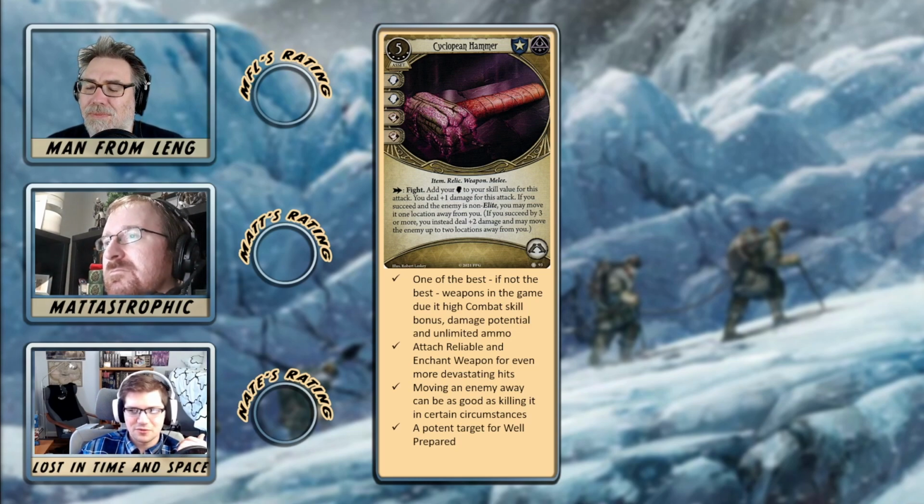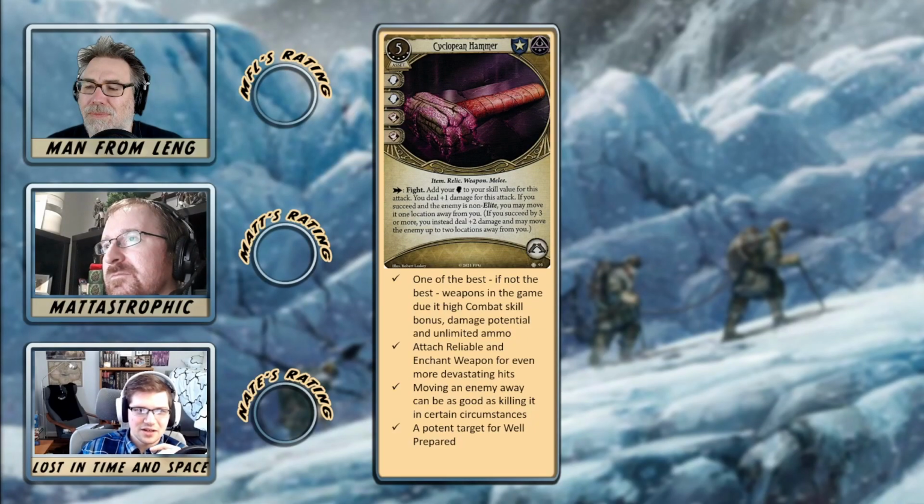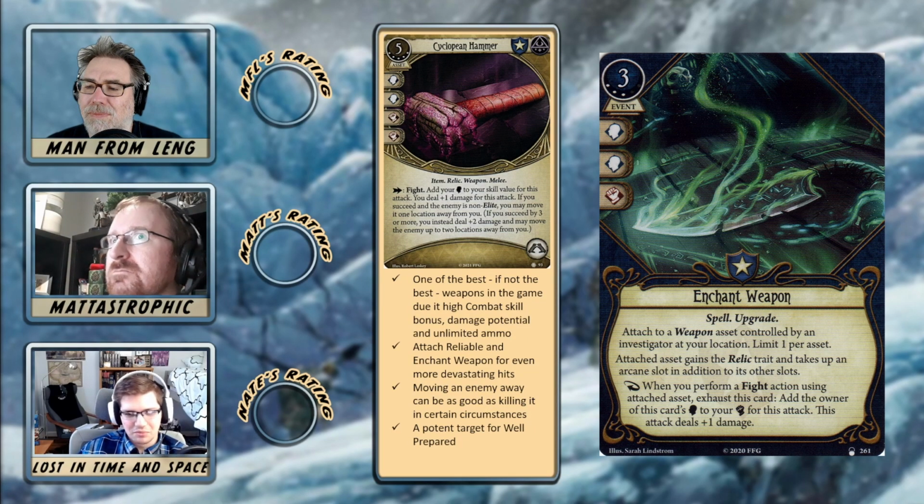And that was part of the reason why Machete was so good early in the game's life, was that Machete was just basically unconditional free damage. And the hammer essentially does the same thing. And like you were saying, the combo with Enchant Weapon just catapults it into ridiculousness. Yes. Because all of a sudden you're fighting at 12, and you're dealing 4